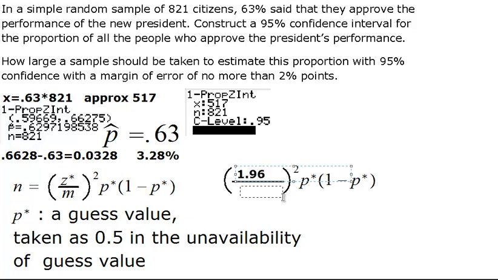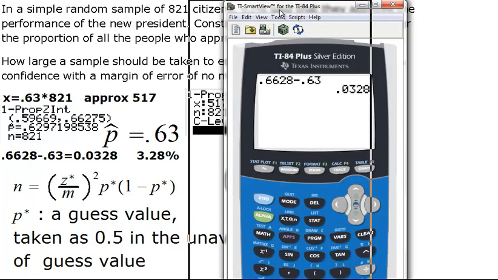In the denominator we have 0.02. And then for the other portion we decided to use 0.63, the proportion from the previous part, so that is 0.63 times 1 minus 0.63,